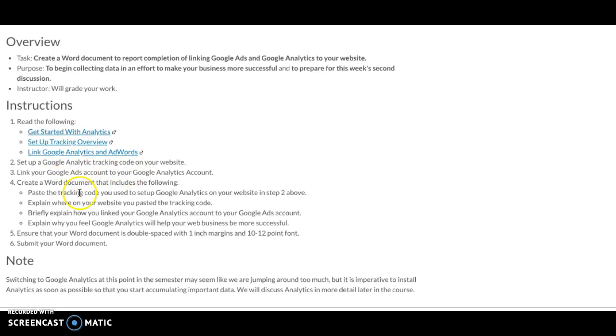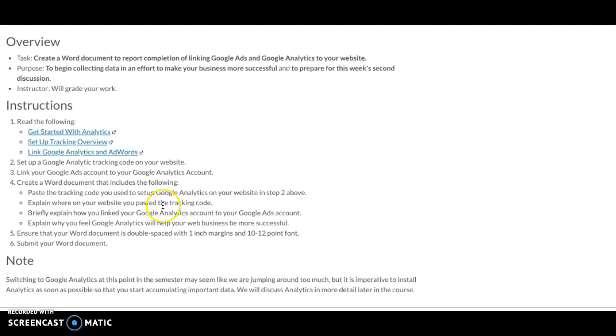Copy and paste it onto a Word document. That's for your assignment. You'll also want to copy and paste it into the correct place in your website. And again, that will depend on your site builder. Reach out to your site builder for exact instructions if it's not crystal clear, but most site builders know this is an essential tool and they'll guide you to the spot where you need to paste it. So paste the code onto the Word document,